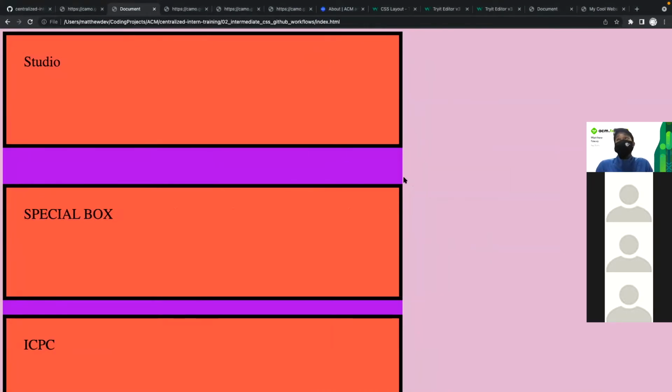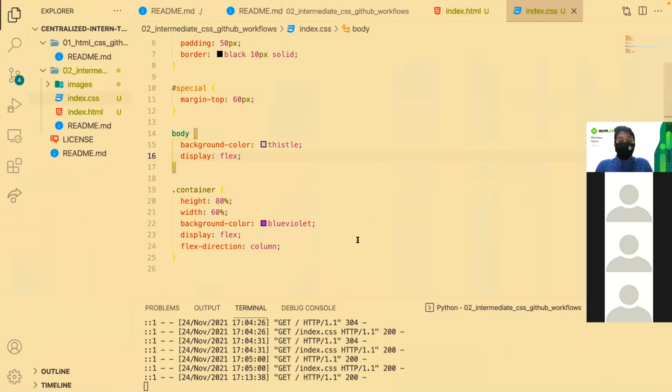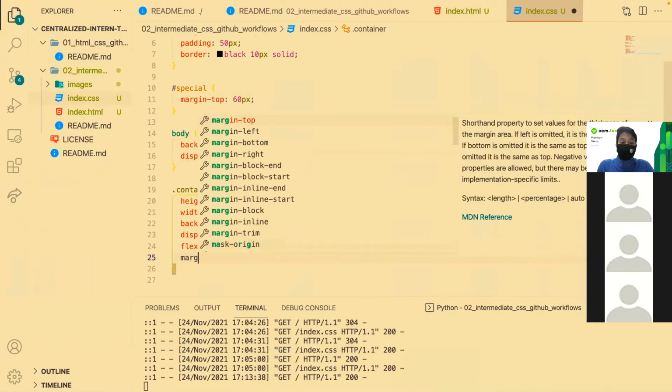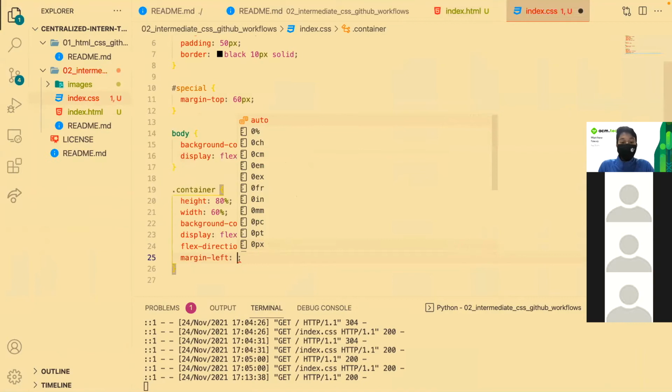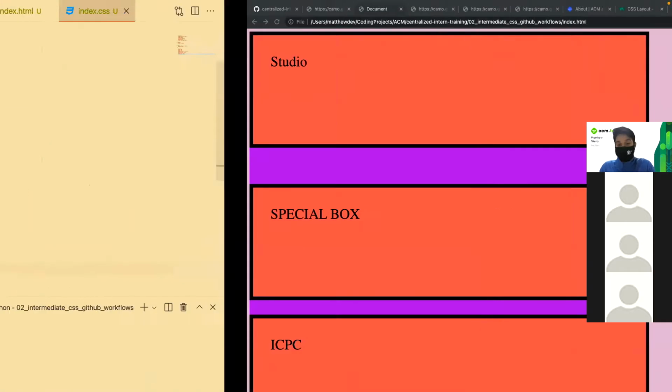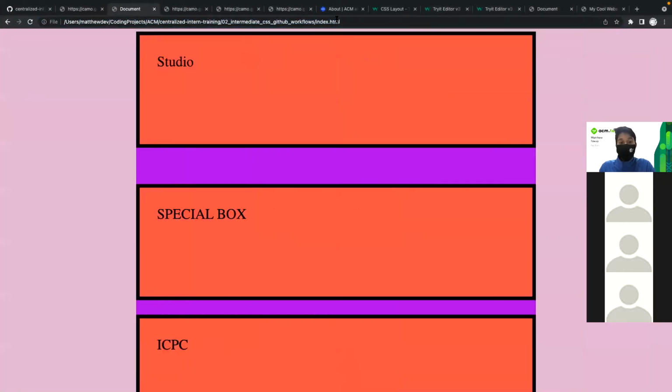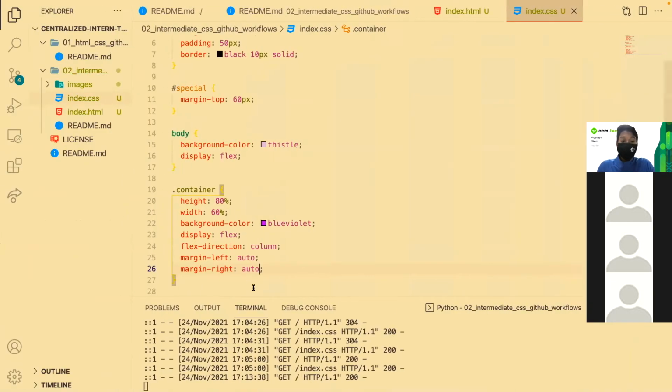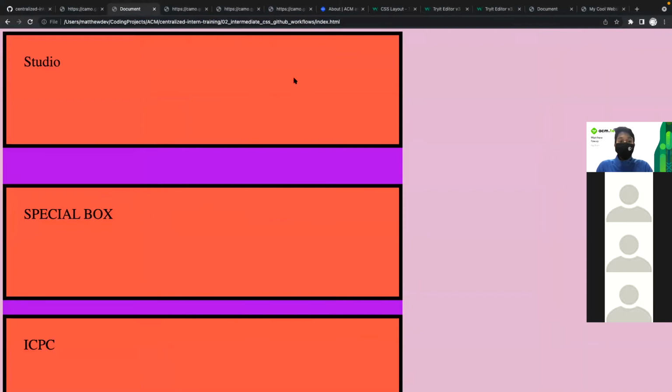Normally, without Flexbox, if we have our container here, we could try setting the margin left to auto and the margin right to auto as well to center our content. And we can see that it has successfully moved all of our content to the center. However, if we want to use Flexbox instead, without even touching the container itself, we can make it centered